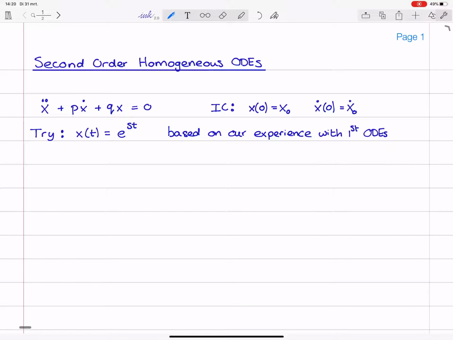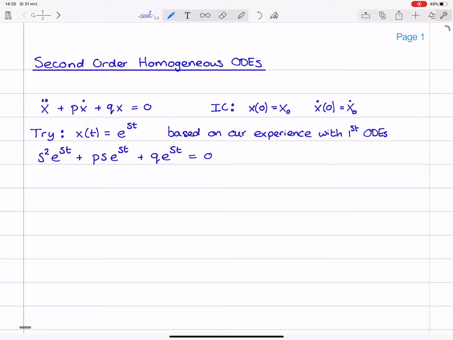So let's substitute this and its derivative and its second derivative in the differential equation itself. So the second derivative is s squared e to the power st. Then we have ps e to the power st plus q times x itself, q e to the power st is